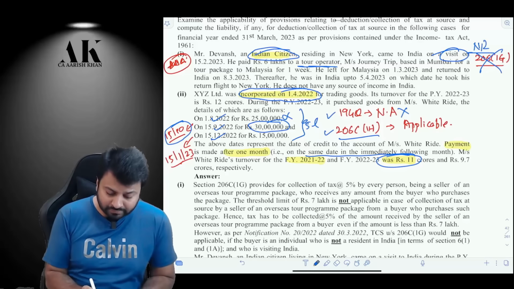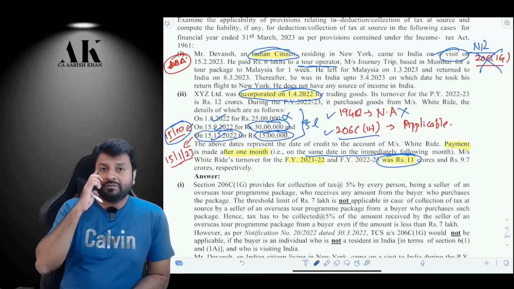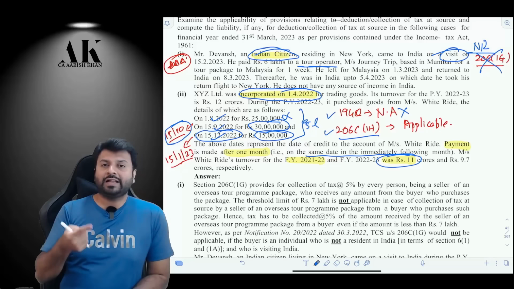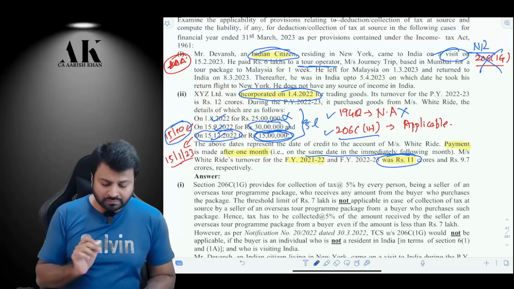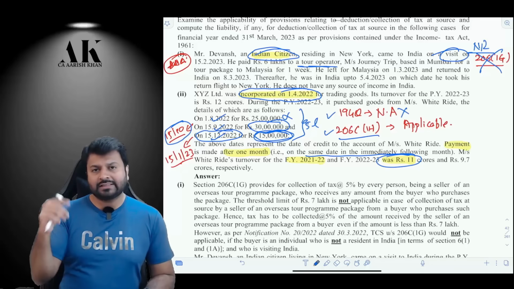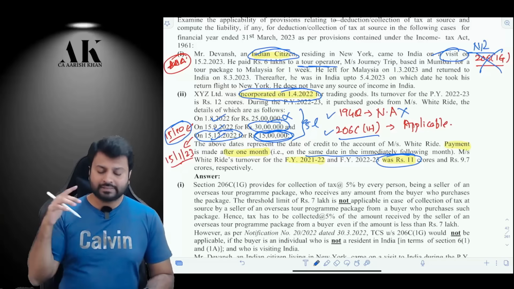Okay, now last question, last point. 15 lakhs is the sale on 15th of December, but the payment is not received on 15th of December. The payment receipt is 1 month after that, that is on 15th of Jan. So, on 15th of Jan, he will collect 0.1%. That is 1500 rupees. So, on 15th of October, 5 lakhs 0.1%. On 15th of Jan, 15 lakhs 0.1%. TCS will be liable for the seller in this particular question.